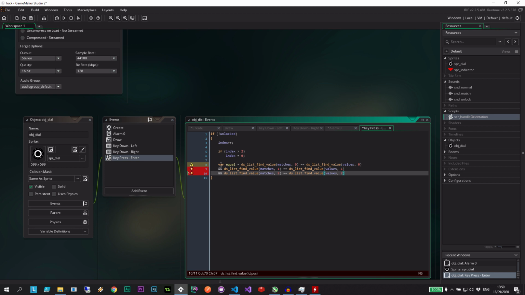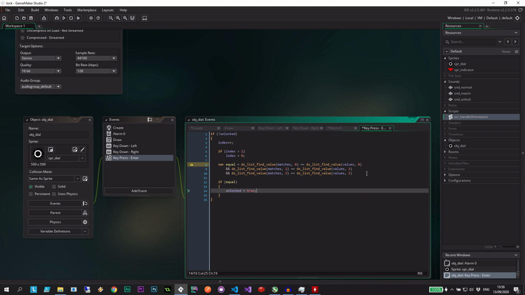So there we go. We're saying equal is, I'm actually going to indent this by a bit. If the first element matches the first element, if the second element matches the second element, if the third element matches the third element. Remember, we're 0 index based, so there we go. And here I'm going to say if equal